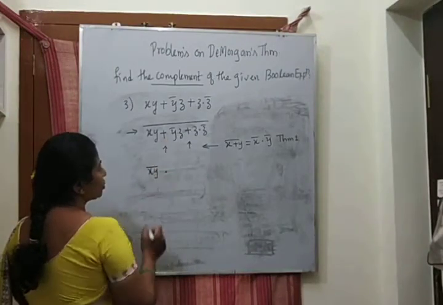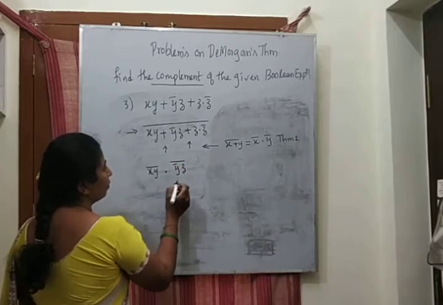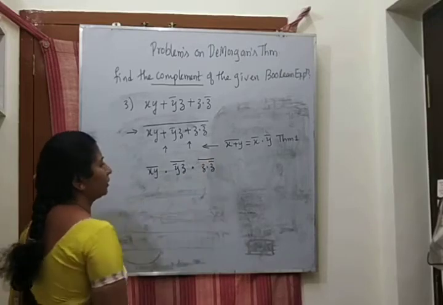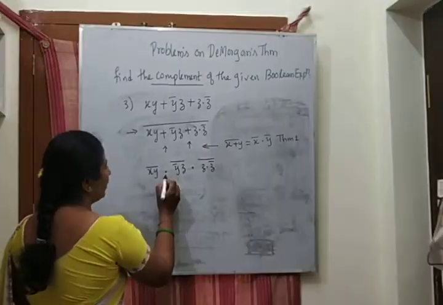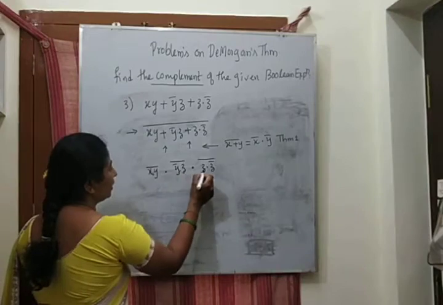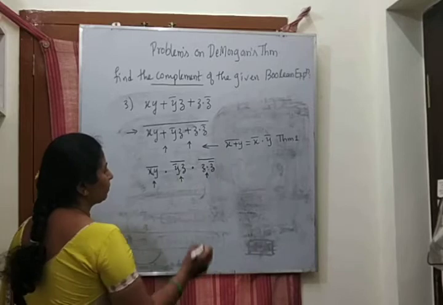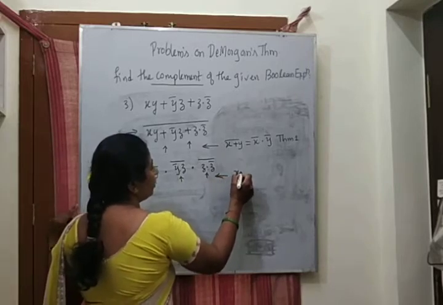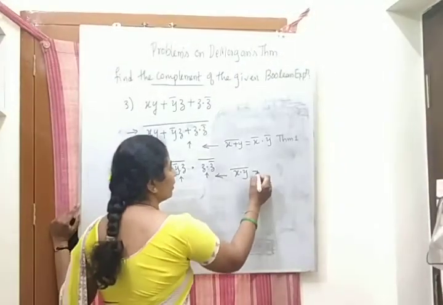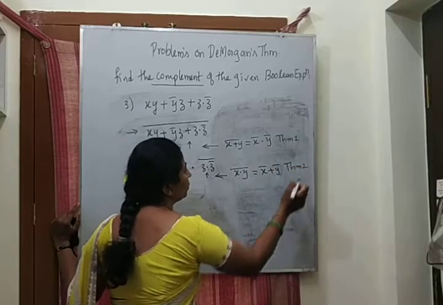This plus gets changed to dot. Y has a complement, let it be as it is. One more complement, Z into Z bar whole bar. See, this we have already removed, hence we should not use it further. Here the dot is there, here the dot is there, here the dot is there. Apply now for these 3 terms. Which theorem? Your AND theorem, that is x dot y whole complement can be written as x complement plus y complement according to theorem number 2.